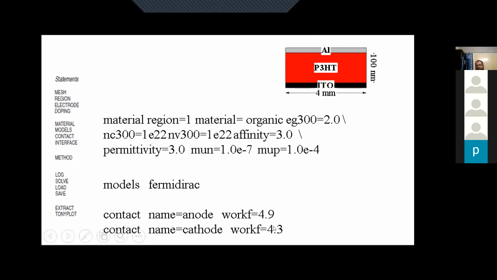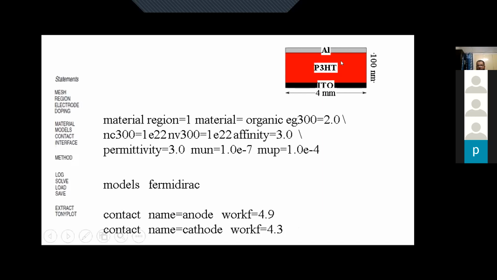And if you want to modify that, for example, in Schottky contact, one also observes barrier lowering, then we need to write the corresponding commands here for barrier lowering. And if you do not mention the work function here, then Silvaco Atlas by default takes it as an ohmic contact. So if you want to create an ohmic contact at both ends, you need not define the work function here. So with this, we have created this structure.